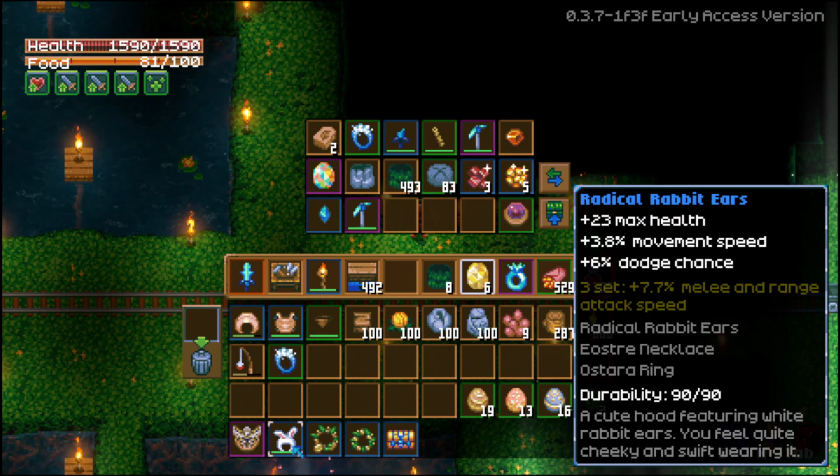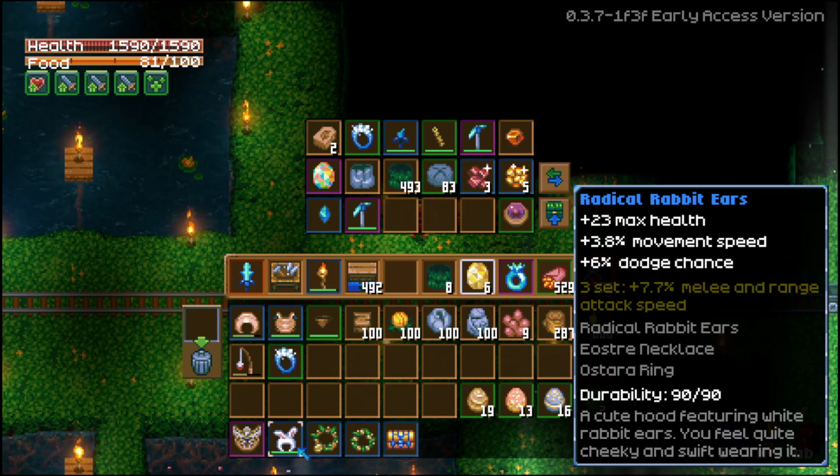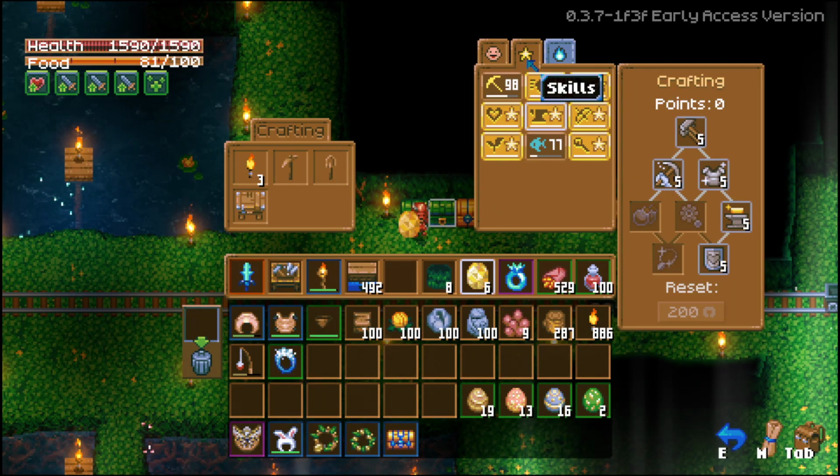They give you a bonus, 7.7% melee and range attack speed. That one gives dodge chance and movement speed. This one also gives movement speed. Wow, these two. Okay, and then this is really nice because it gives you an additional 10.3% extra harvest chance. Right, so before,